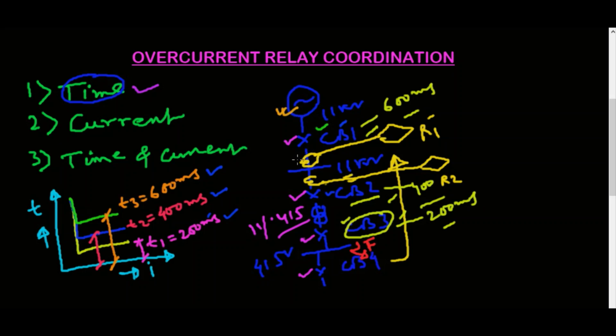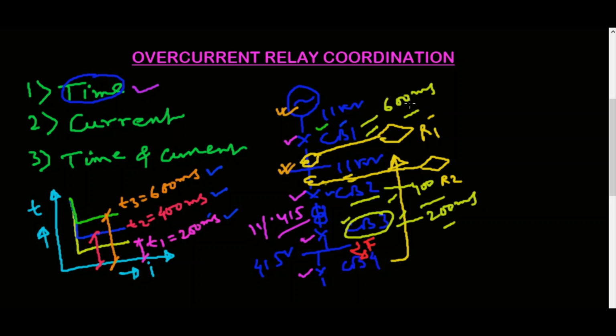So the main disadvantage is that whenever there is a fault at this 11 kV bus or nearer to this generator, CB1 will trip only at 600 millisecond, which is not acceptable. It is not expected that this circuit breaker will wait until 600 millisecond to clear the fault, because this will damage the equipment or the power system network. It is expected that this generator circuit breaker should be tripped with instantaneous time delay to protect this generator and other equipment. Whenever there is a fault at the 11 kV side or at the generator terminal, this circuit breaker should trip instantaneously,